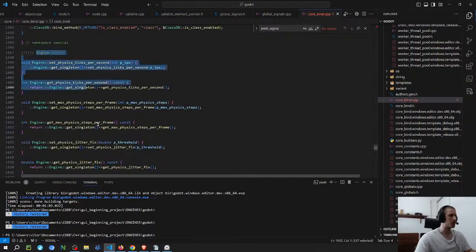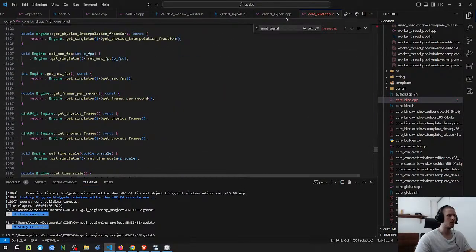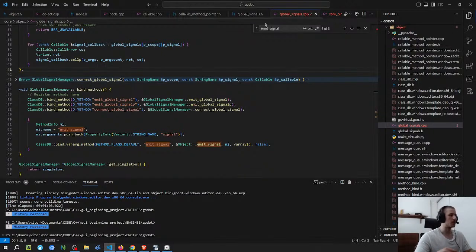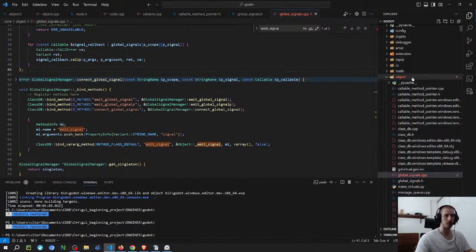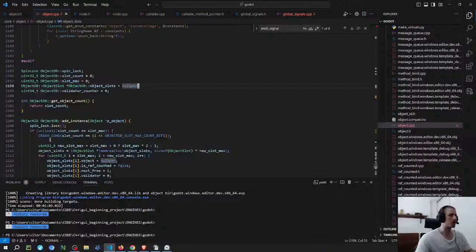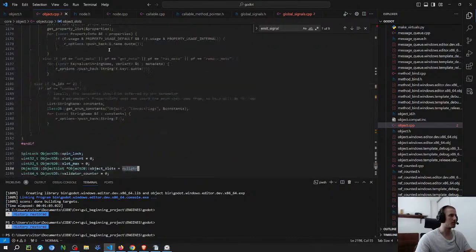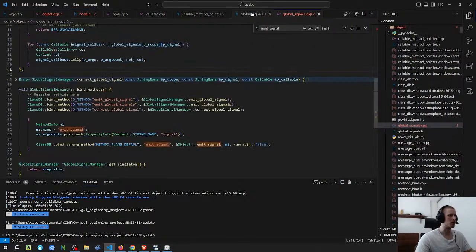It's basically from here. But now, I think that it makes more sense. I was thinking about where I should put these other files here. I'm not really sure if it makes sense the way that I'm doing it now, but I decided to just put them in the same folder as the object, because the other emit signals are inside of the object class. So I think it makes sense to put these other ones here.